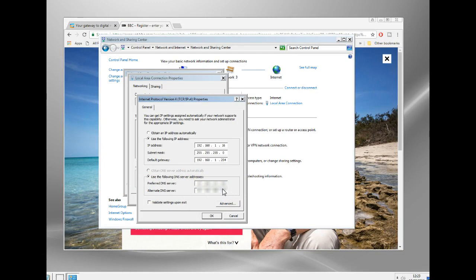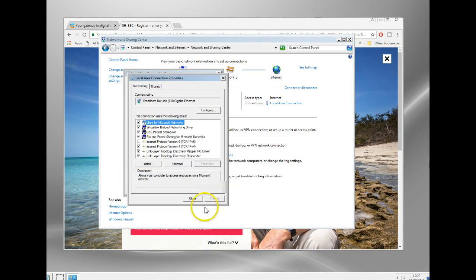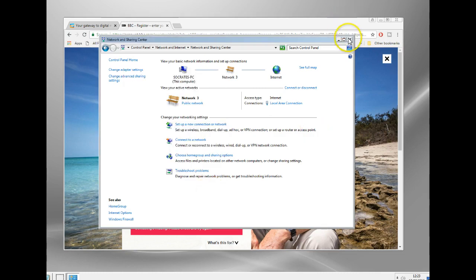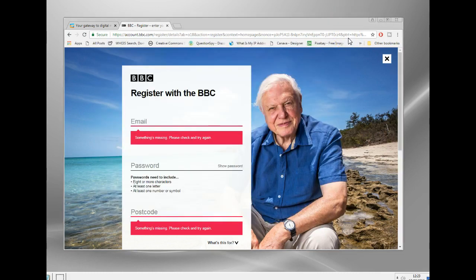Now you need to subscribe to a service that provides this, okay? And they will give you these settings here, so you just put them in there and click on OK and close, and that's basically it. From this point you'll be able to watch BBC iPlayer, UK TV or anything you like, irrespective of your location.